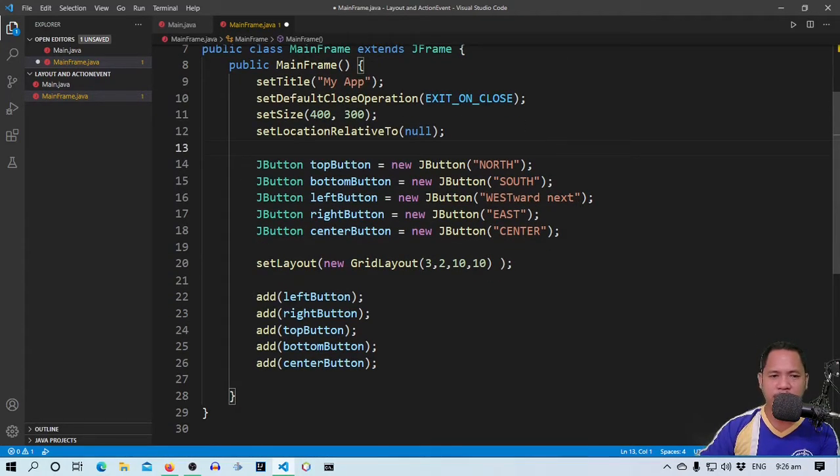So again, here we set our layout manager to grid layout, and then we added our items. Now that we did this, the left button will be placed in the very first grid cell, followed by the right button, followed by the top button. And then the fourth button, which is the bottom button, will be placed on the next row, because we only have 3 columns here. And then in the next row, that's where we add the bottom button and then the center button. So when we run this program,